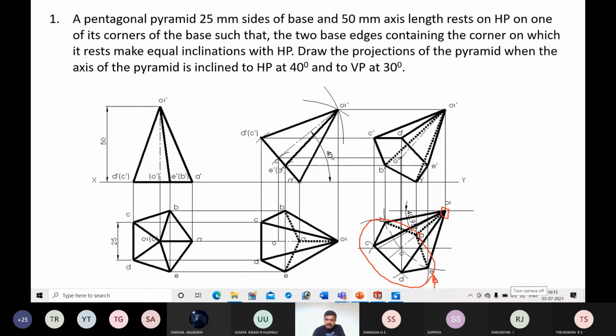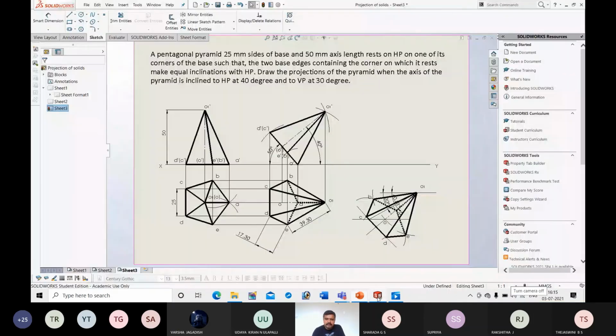So here for top view, this is the position of observer. He is looking from top. For front view, this is the position. Here also for top view, observer position is here. For front view, this is the position of the observer. So here we are drawing the final front view. And since base is nearer to observer than apex, all base edges will become visible. First I will project the points, then I will connect applying rule of visibility.